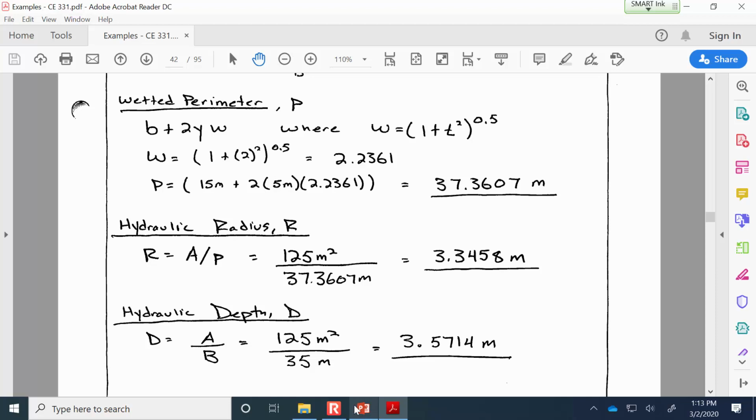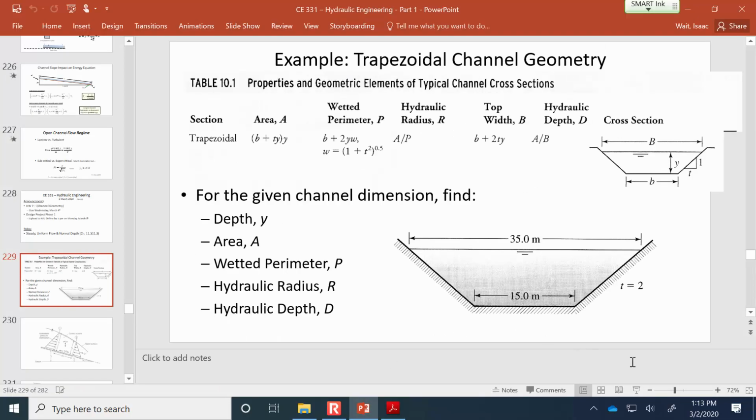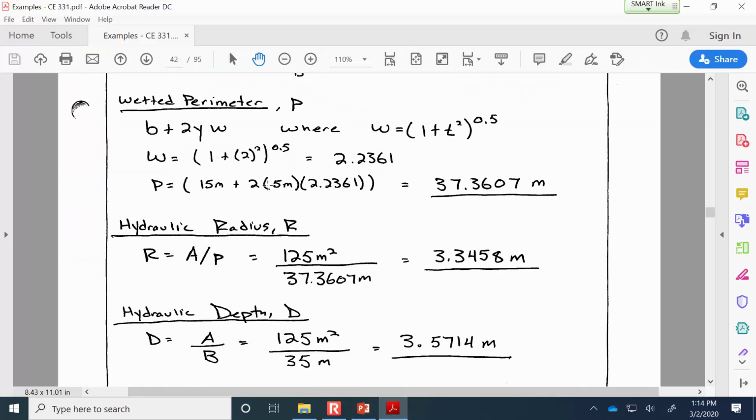So the wetted perimeter is a physical measurement, and the wetted perimeter is talking about the distance starting here at the water line and following down at all of the portions of the channel where water is in contact. And so the wetted perimeter is going to be the 15 meters of this bottom length and then the distance of the 2 side slopes. So in order to calculate the wetted perimeter, you'll notice that we have this factor W that takes into account the angle of the side slopes, because